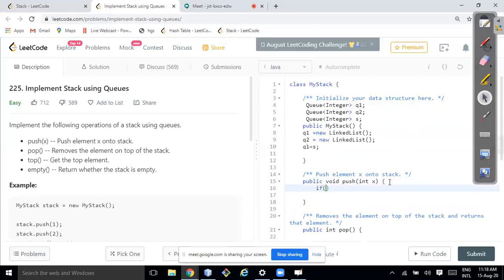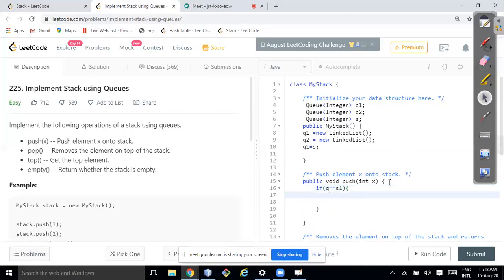So the first condition I will be checking is if S is equal to Q1. Yes, in the beginning it will be true. So what I'm going to do? As I explained earlier, here it should be Q1.